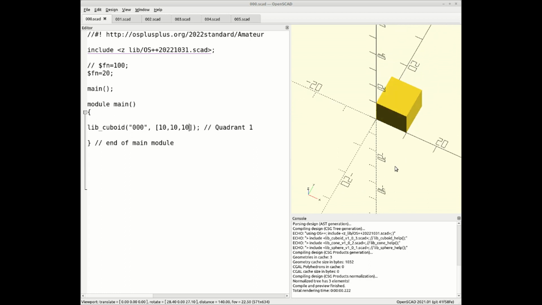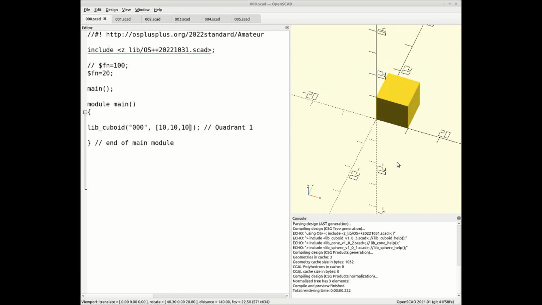Now, this way of thinking is from the point of view of the cube itself. What I want to talk about now, quickly, is that there's actually another view, and that's the global view, or the graph view. 0, 0, 0 is basically saying that this cube is going to be in quadrant 1. Quadrant 1 is where the y and the x are positive. Quadrant 2 in mathematics is where x is negative and y is positive, i.e. here or here. So, to do that, all I need to do